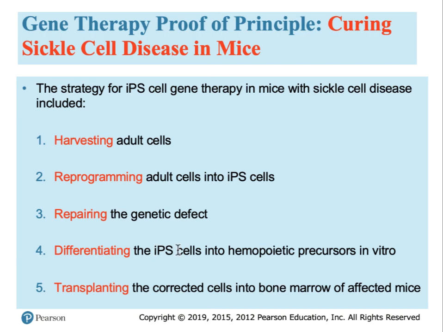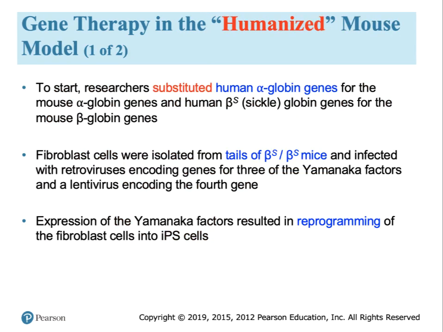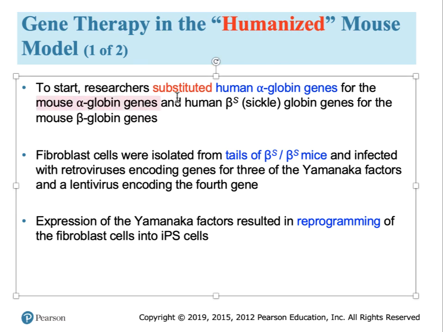These cells are differentiated into blood cells and then transplanted back into the bone marrow of the affected mice. Once the research team had a proof of concept and the results were clarified by their peers, they moved on to look at humanizing the mouse model. What they did was to take out the mouse alpha globin gene and substitute that with the human alpha globin gene. And they were able to remove the mouse beta globin gene and replace that with the human beta globin